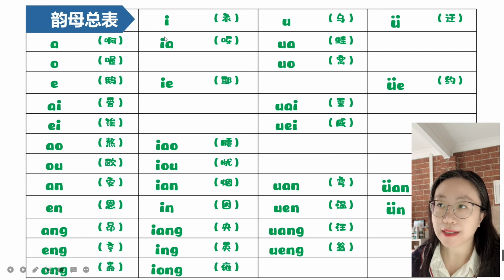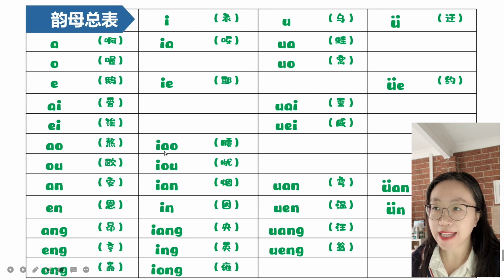We make a sound like ya, and use this e, and it comes together. We pronounce ye, and use e in front, ao behind it. We pronounce it yao, you,